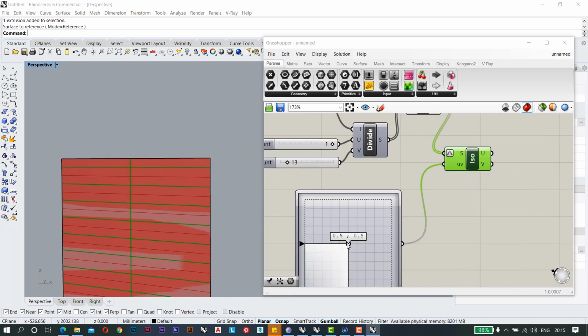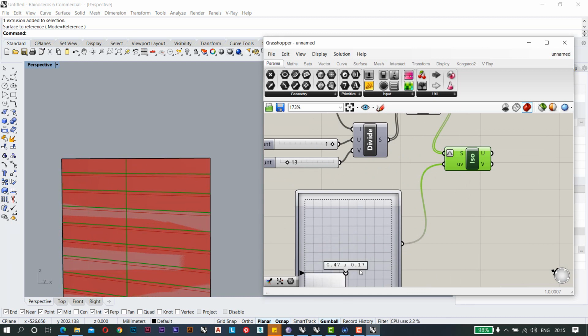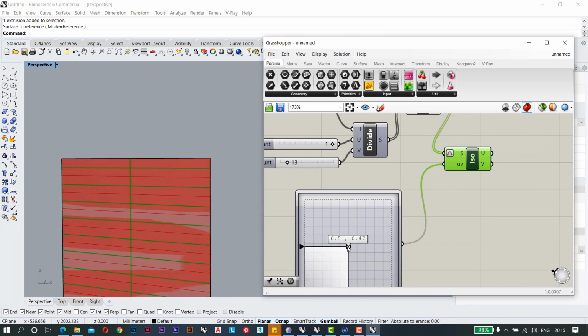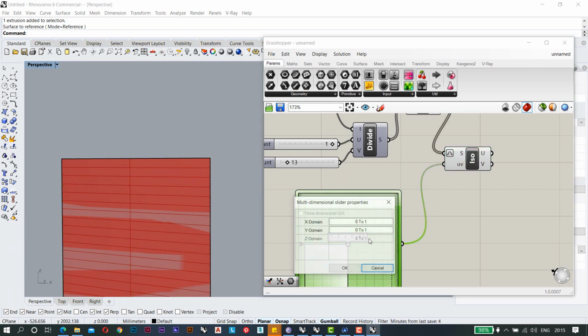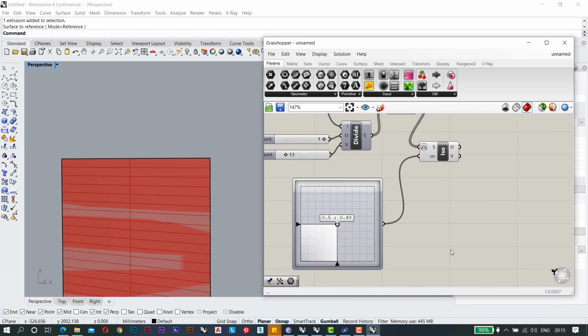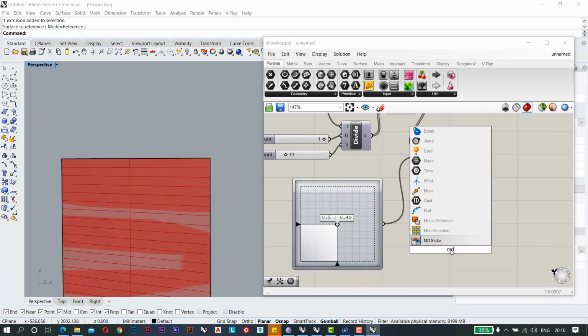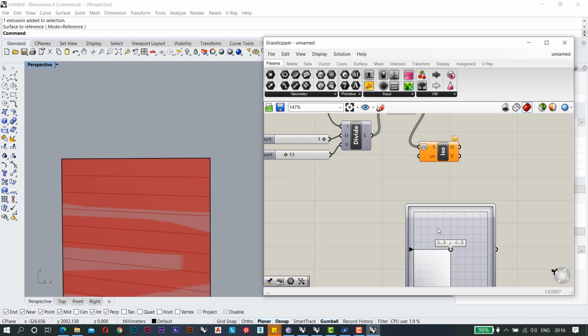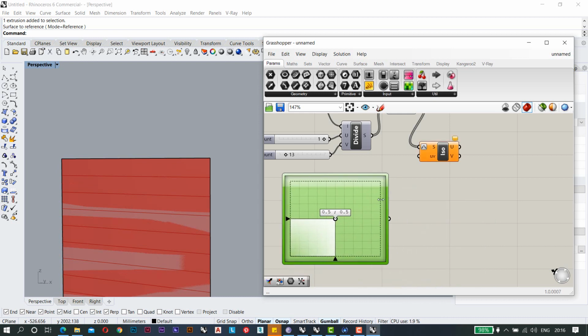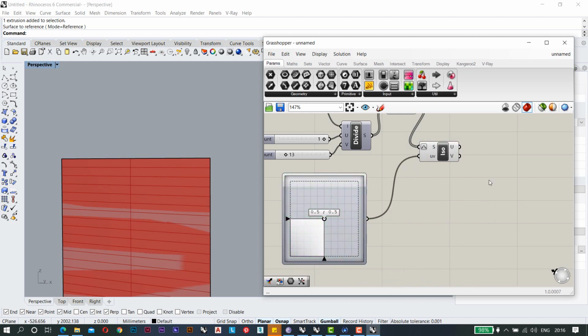You can change this as per your need, but right now we just need that 0.5 by 0.5. So I'm going there only. I will use a new one so that the value will be the same. I'm going to put this value.